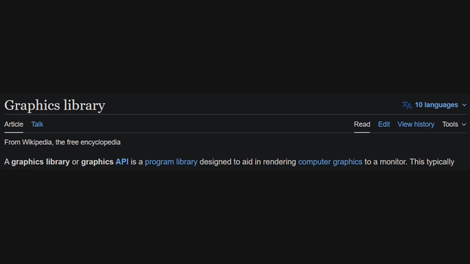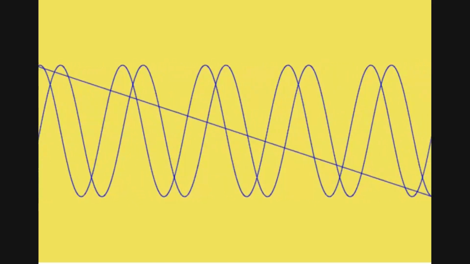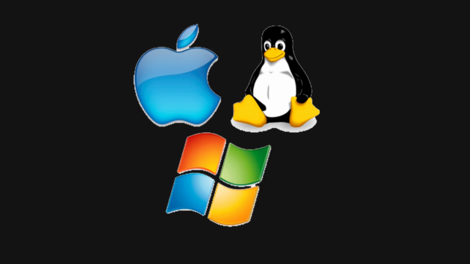This video is about graphics libraries, HTML Canvas and P5. A graphics library or graphics API is a program library designed to help in rendering graphics on computer screen. Graphics libraries can be used in different operating systems like Windows, Mac and Linux, but there are many graphics libraries